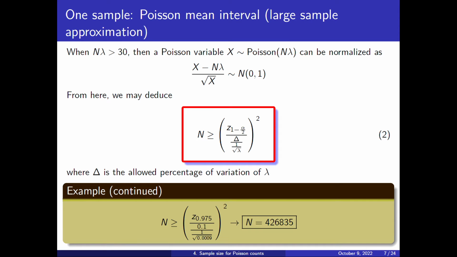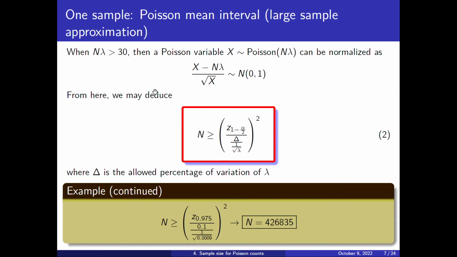Okay, we can approximate the Poisson by a Gaussian when n times lambda, that is the mean value of how many observations you expect to have, is larger than 30. And if it is larger than 30, then this new variable, x minus the mean divided by the square root of x, is distributed as a normal 0,1 variable,